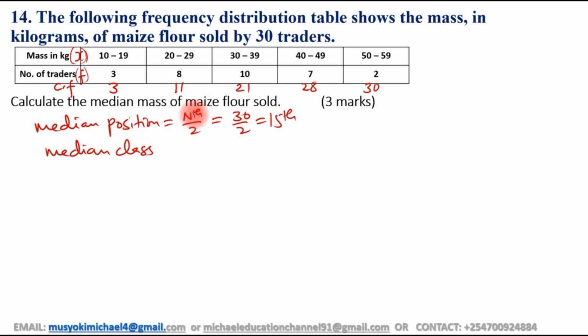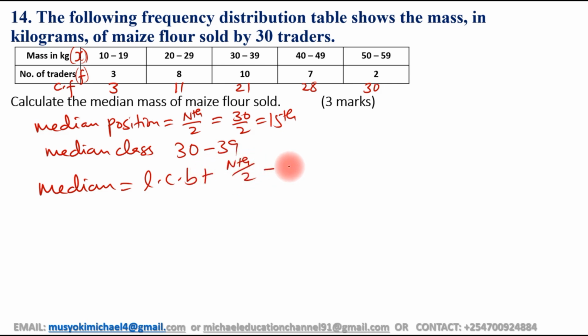Median class: if you look at the median class, 15 is actually inside 21, because the second part is up to 11, so 15 is inside 21, so the median class will be 30 to 39, and therefore using the formula to find the median, it is the lower